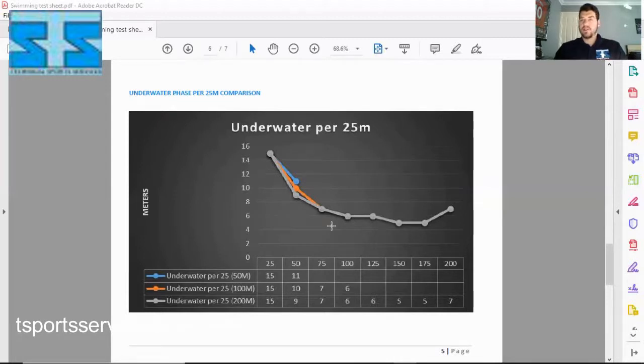And I understand that the reason will be tiredness. But again, this can be practiced in training when tired, so that when it comes to the situation in a race, this can be leveled out. And that would provide a huge improvement for this person in general. But again, without seeing this in graph form, it's very hard for them to understand. If you just explain it to them off the top, they'll just forget.